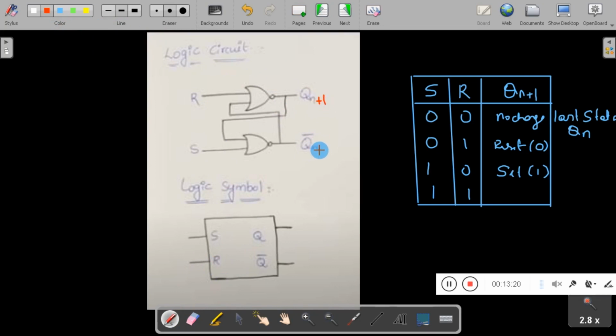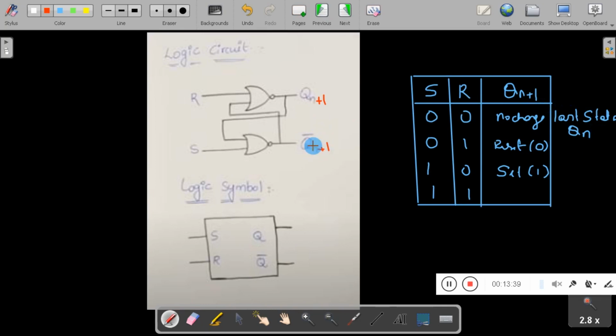Always we check the output of the next state. One is the complement of the other. So in our truth table you have represented only Qn plus 1 and not Qn plus 1 bar.